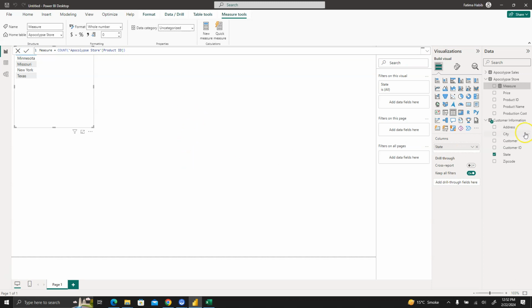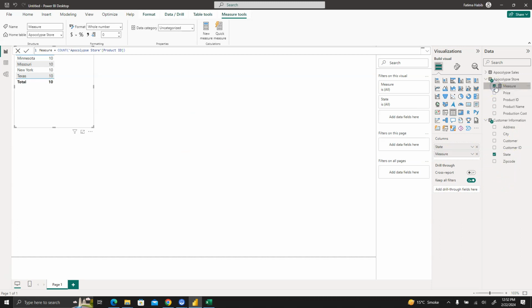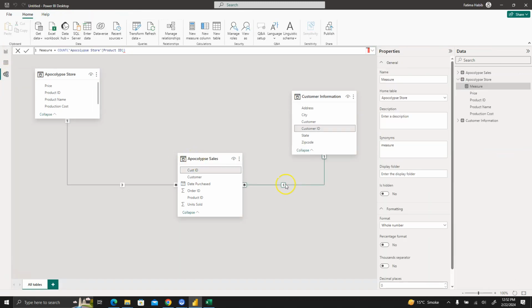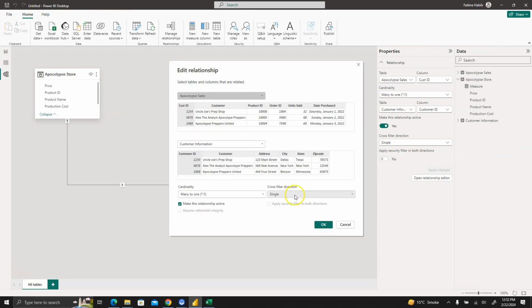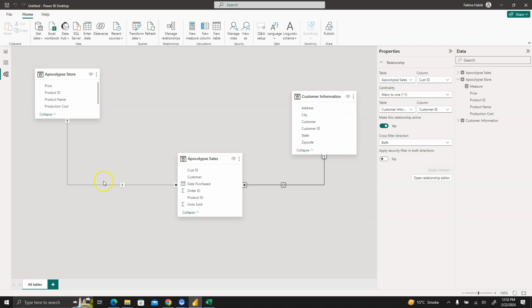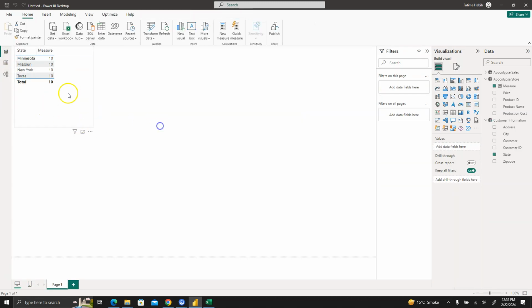So yes, it has been executed, and let's see where it is. Here's the measure we created, and you can see that in every state it is 10, but that is not the case, which is why we need to connect the tables, the sheets directly. Let's go back to the model view, and we want to make it both ways so that we can filter it properly. And let's click on OK, and when we go back to report and